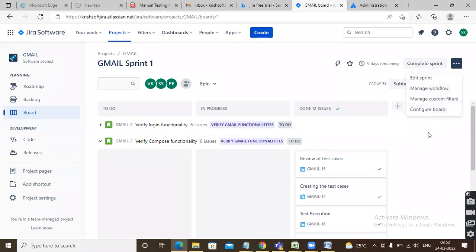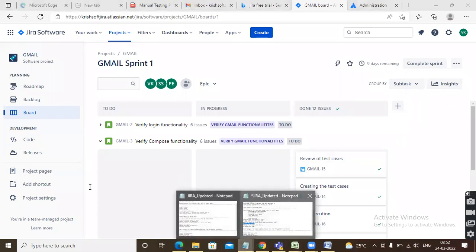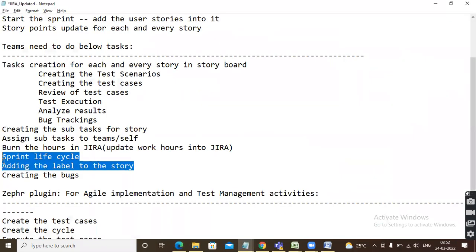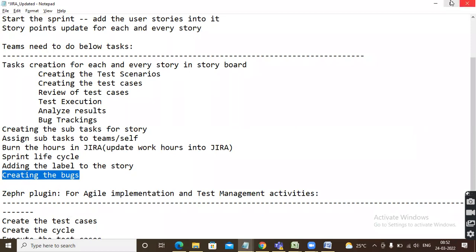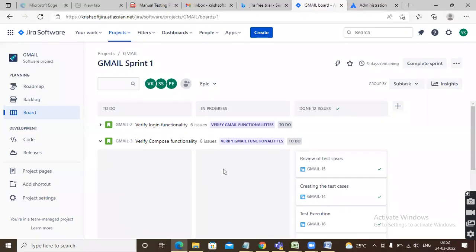Manage workflow. These all are admin related things, guys. You don't need it. So you can see here adding the label to the user story and create sprint life cycle, creating the bugs. How you can create the bugs, guys, in JIRA tool. This is also a very, very important feature, guys. Okay, so